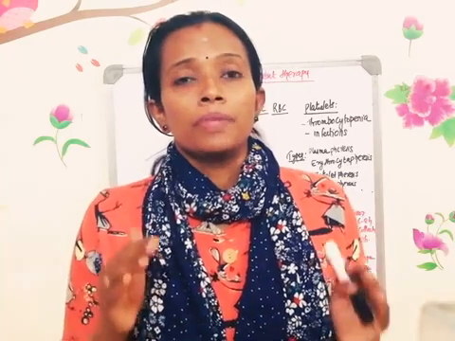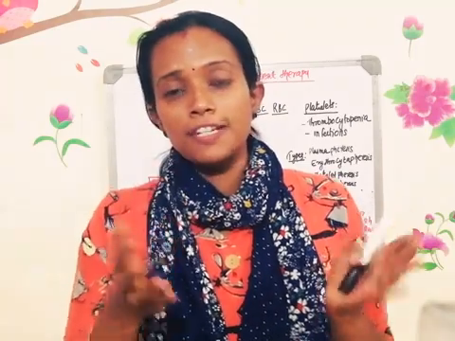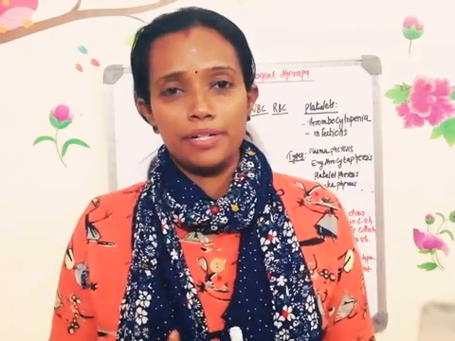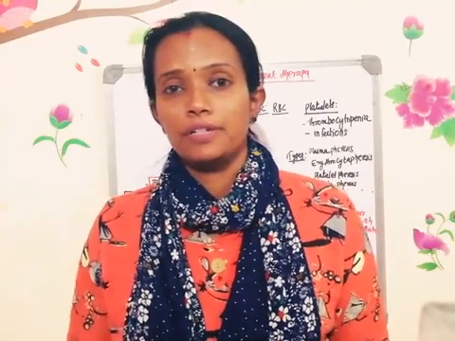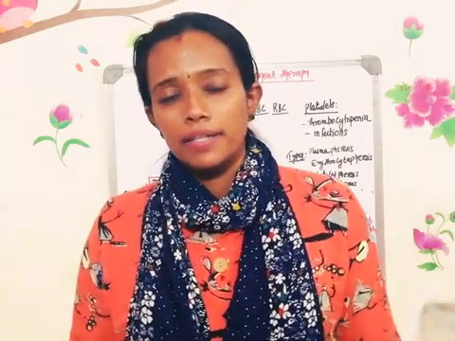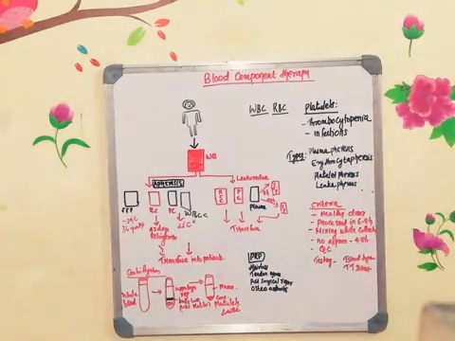Fine. Now, if the apheresis facility is not there, manual centrifugation can be done to separate the blood components. Fine. The manual separation means the centrifugation itself. In apheresis also it is centrifugation, but it is an automated one. With manual centrifugation, you can centrifuge at high speed followed by a low speed centrifugation, thereby you can separate the blood components. So what are the different types of blood cells? WBC, RBC, platelets, and it has a fluid part which is called the plasma.